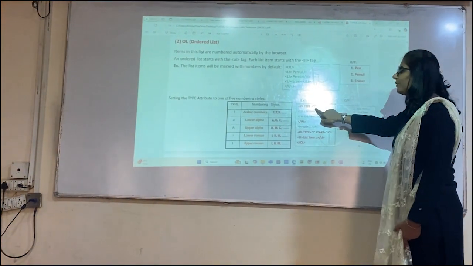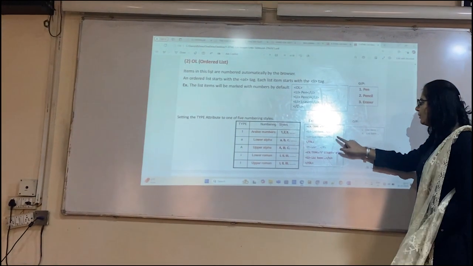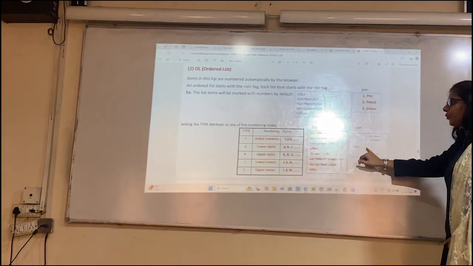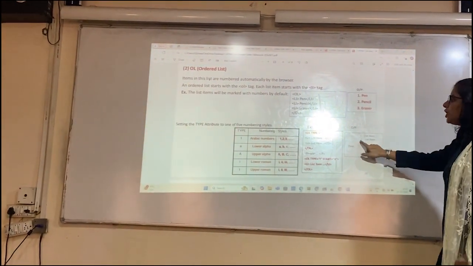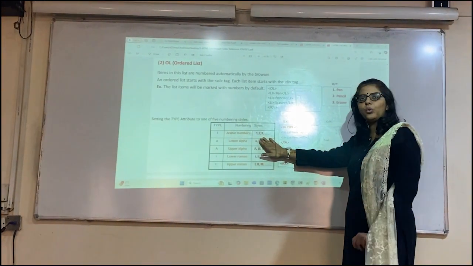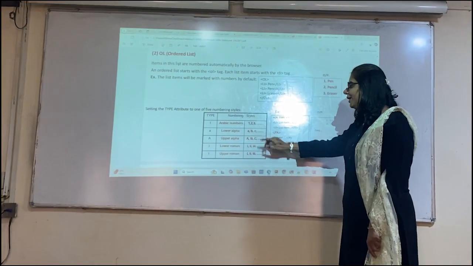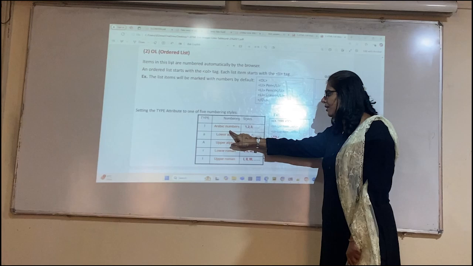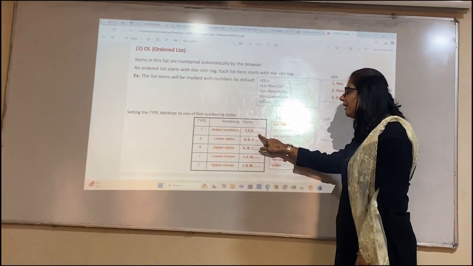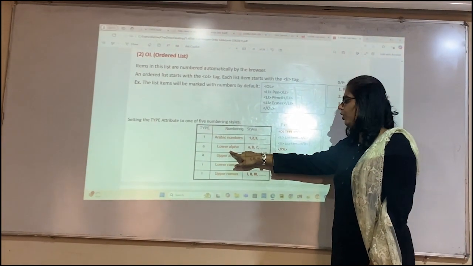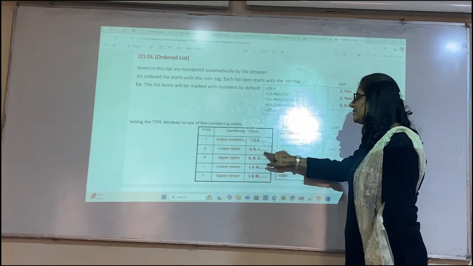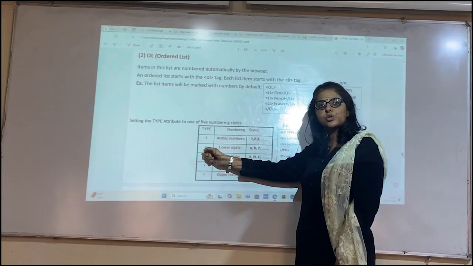OL type equals to 1. Then the items will appear as 1, 2, 3, 4 in this format. So there are different ways to present an ordered list. We can use Arabic numbers like 1, 2, 3, 4, which is the default. We can use lowercase alphabetic types a, b, c: here we mention type equals small a.